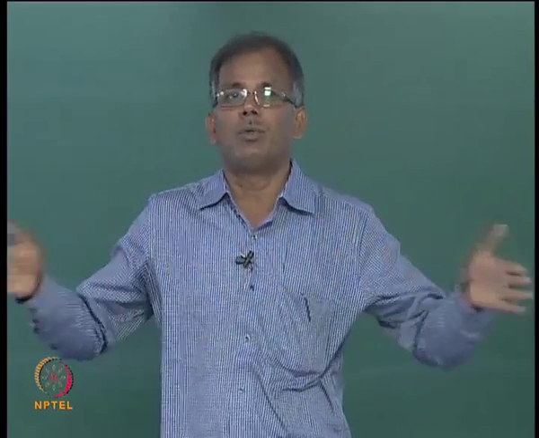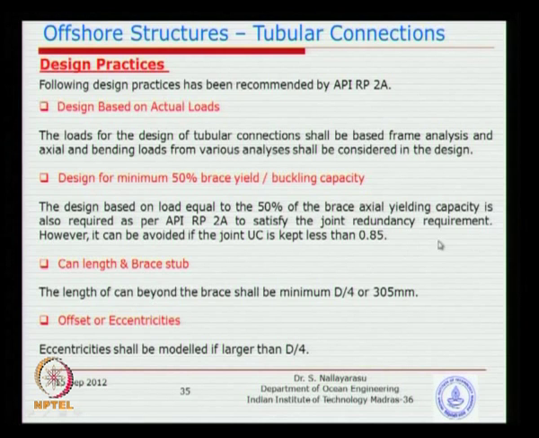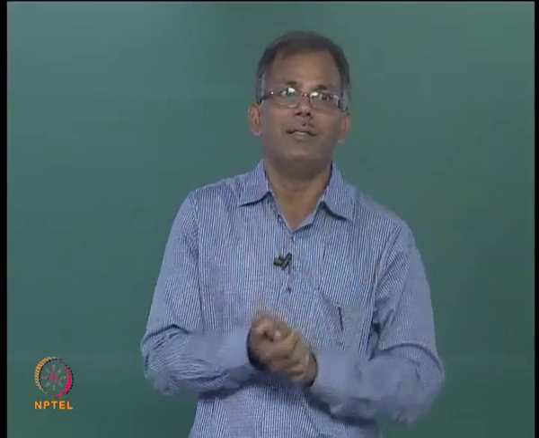You can go and provide 2.5 diameter, and nobody is going to say anything about it, but it is not going to be an economical design. What is mandatory is this d by 4. So, once you provide d by 4, that means 0.25 d, is it not, instead of 1.25 d, you are going to reduce the weight, but then the consequence is that you have a reduced capacity. So, basically using this formula you can find out.